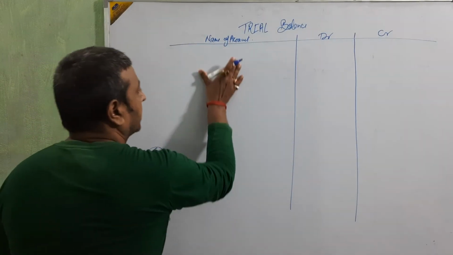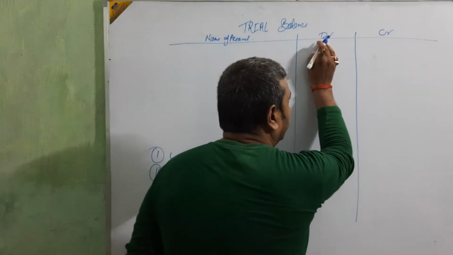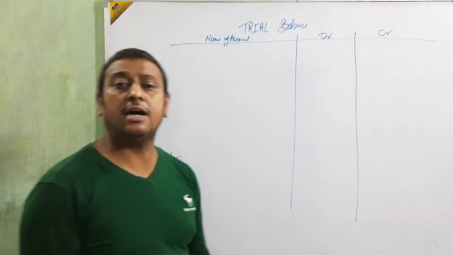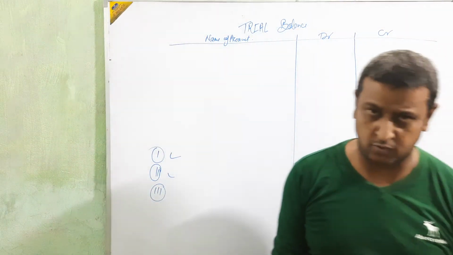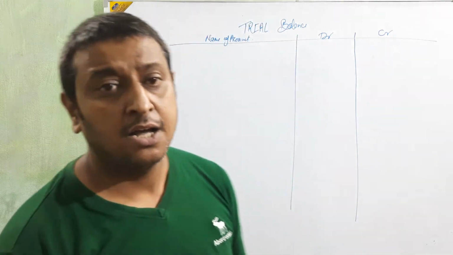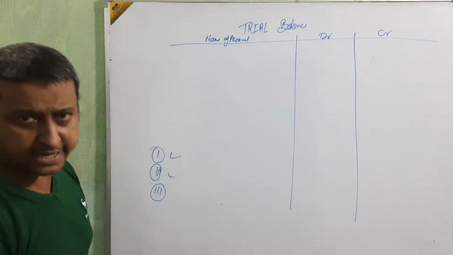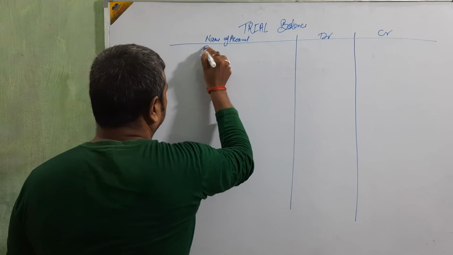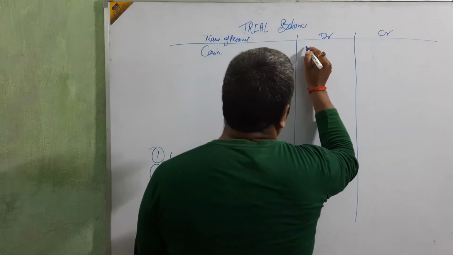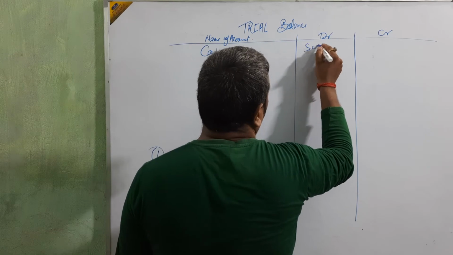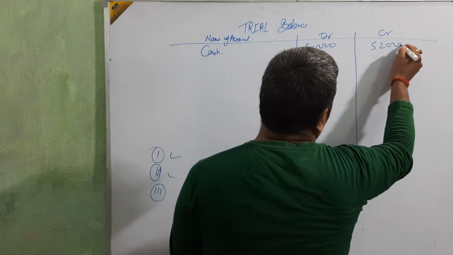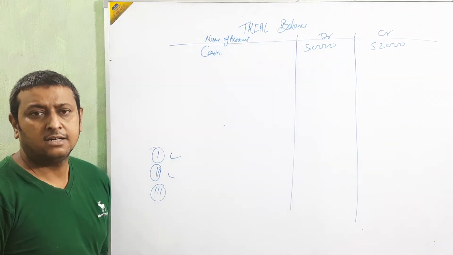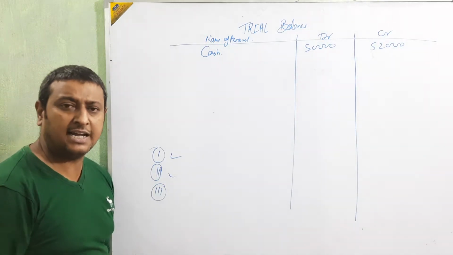Okay, beta. All the account names are here, with the debit total on the debit side and the credit total on the credit side. It means in this method we are not going to take the balance of all the ledger accounts. For example, if the cash account is here, suppose 50,000 on the debit side and 52,000 on the credit side, we present it like that. Clear? Debit total on debit side, credit total on credit side.